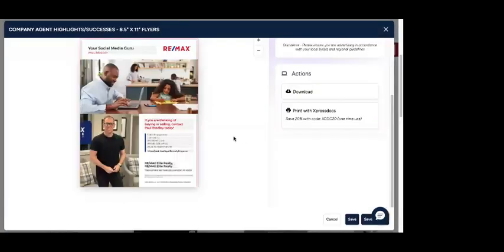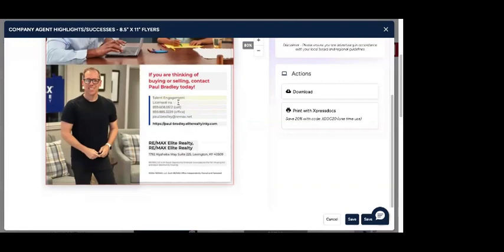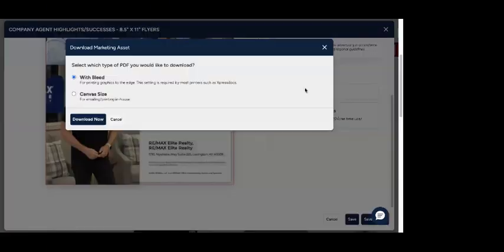Let's just try. I don't know what this image is. Oh, there we go. Okay, our image uploaded. It might have just tried to change it. But now we can go in and we could do things like changing any of this up. All I have to do is tap on here, go through, delete, put in whatever information I want. Once I'm done, I can go down to the bottom and I can hit save and I can download this